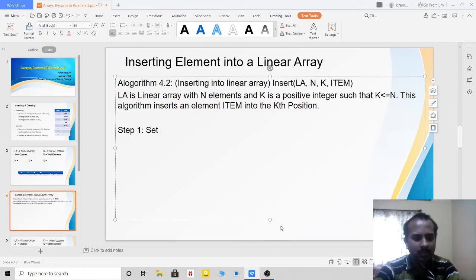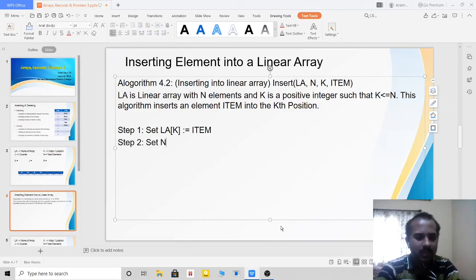Set LA, at what position I have to insert? I have to insert at the kth position. So set LA of k is equal to item. When I inserted the item, that means the size got increased. So let me again do that.